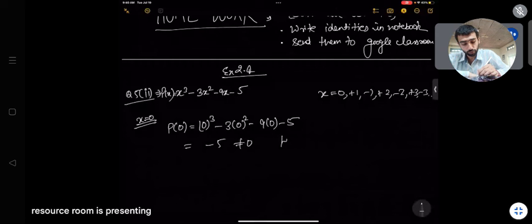Now I'll check for x equals to plus 1. So p of 1 will be equals to 1 cube minus 3 into 1 square minus 9 into 1 minus 5. It will give me 1 minus 3 minus 9 minus 5, and it will become minus 16, which is not equals to 0. Again, x minus 1 is not a factor of p(x). It will show in 1 or 2 minutes. It is lagging because of network. Then I will check at x equals to minus 1. P of minus 1 will be equals to minus 1 to the cube minus 3 into minus 1 square minus 9 into minus 1 minus 5, and